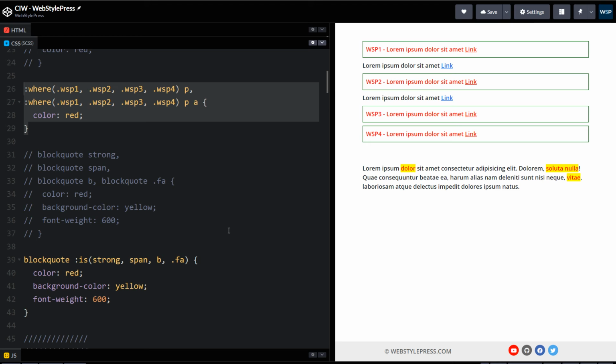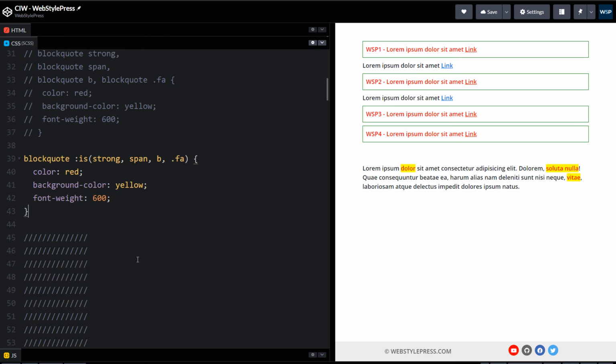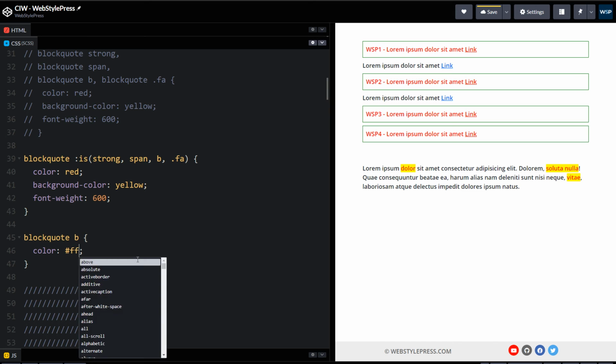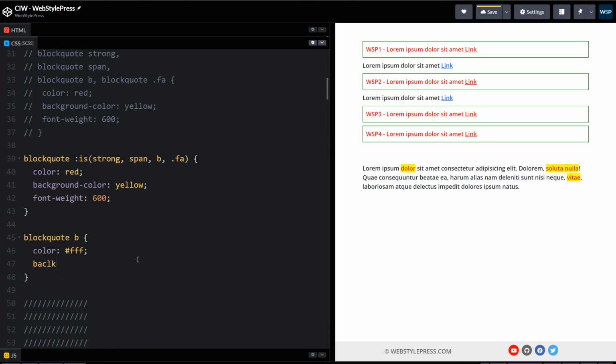Let's say I want to override the style for b from the list of these selectors while using the :is function. I will do it like blockquote b, let's say color white and background color black.